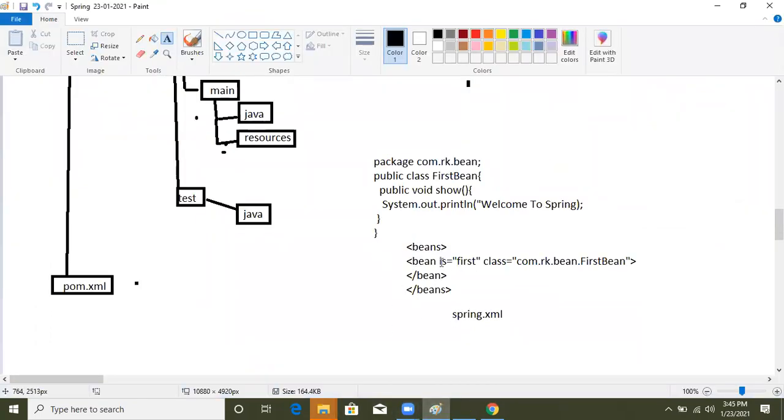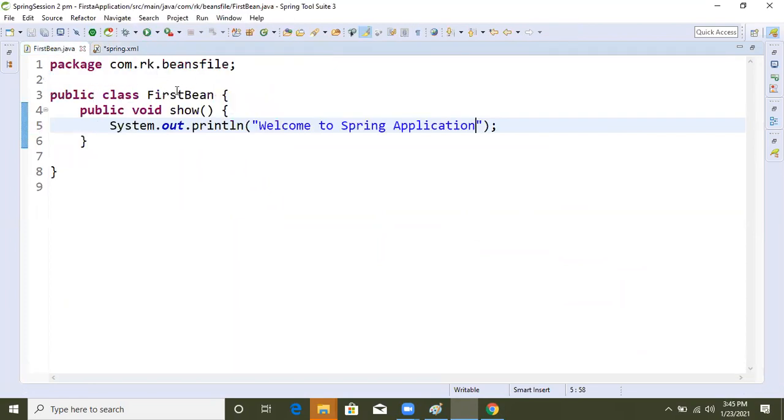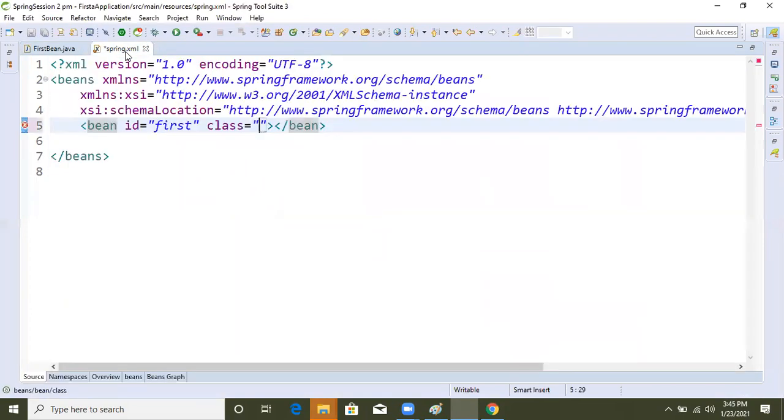It has one attribute, id, for recognizing it in the container; first I'm giving one name. Another attribute is class, where we need to give the fully qualified name, the package with the class name.